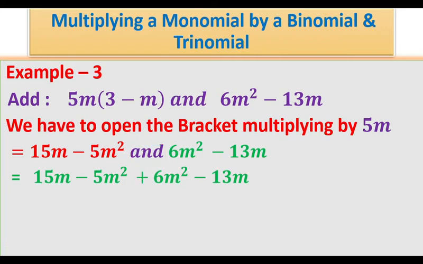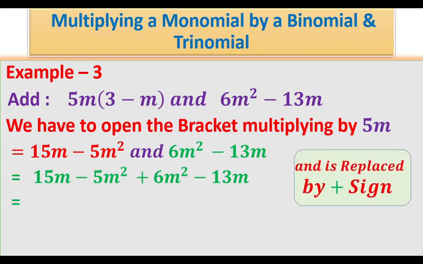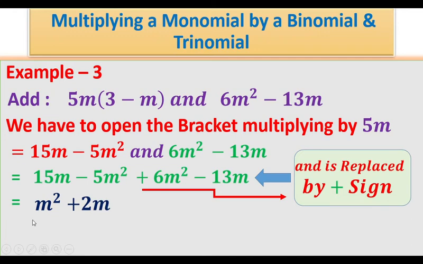So now we'll follow the process of simplification. "And" is replaced by plus, and I have shown it in the box here. Now 6m squared minus 5m squared is m squared, and after that 15m minus 13m is equal to 2m. So this is the most simplified form. Further it cannot be simplified. So this is how we add. Now next,